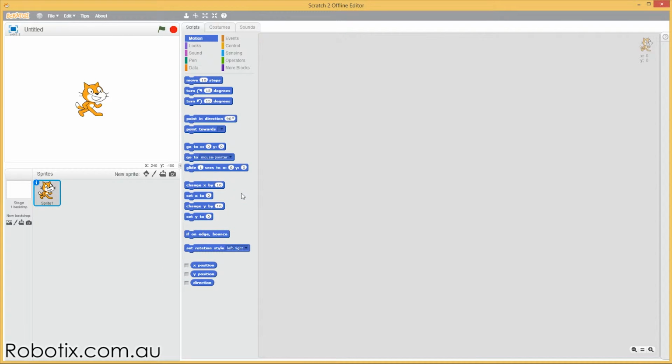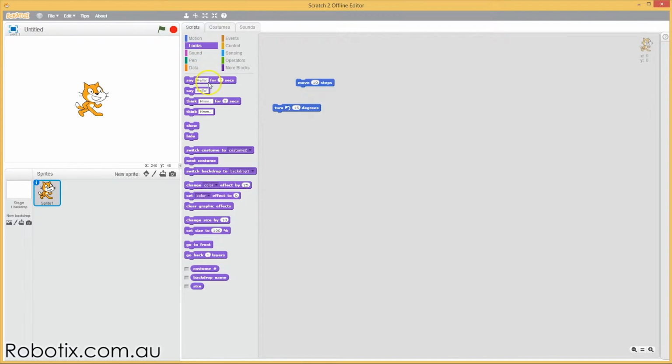Welcome to the introduction to Scratch. Let's start by asking the question of what is Scratch? Scratch is a visually based programming language, which means that instead of writing very precise computer code where it matters whether you've made a capital letter, a small letter, a comma, or a semicolon, you simply put together various blocks of code. So these are just visual, and I'm going to drop a random couple of these onto the screen